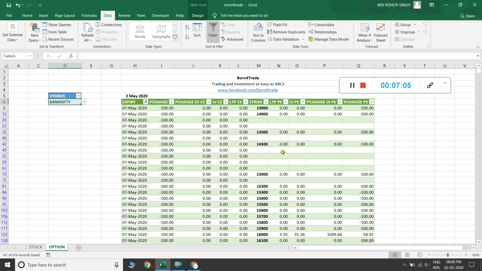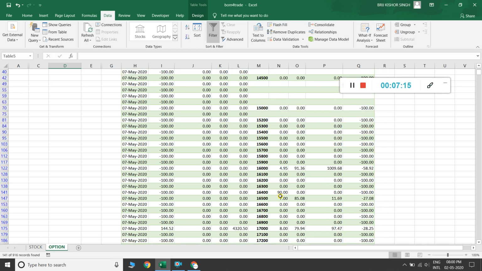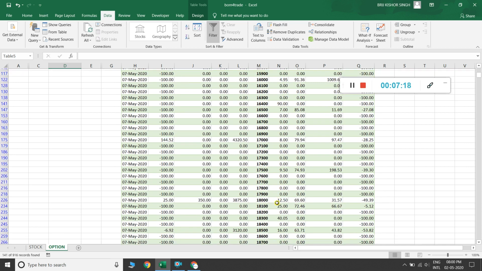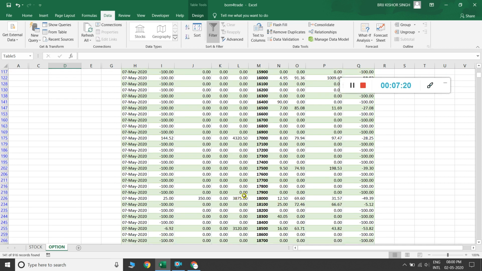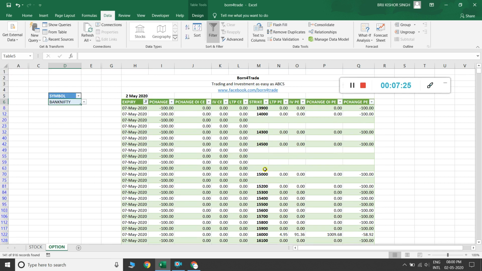Then you can select, for example, if here 10 rupees came out and here 10 rupees came.